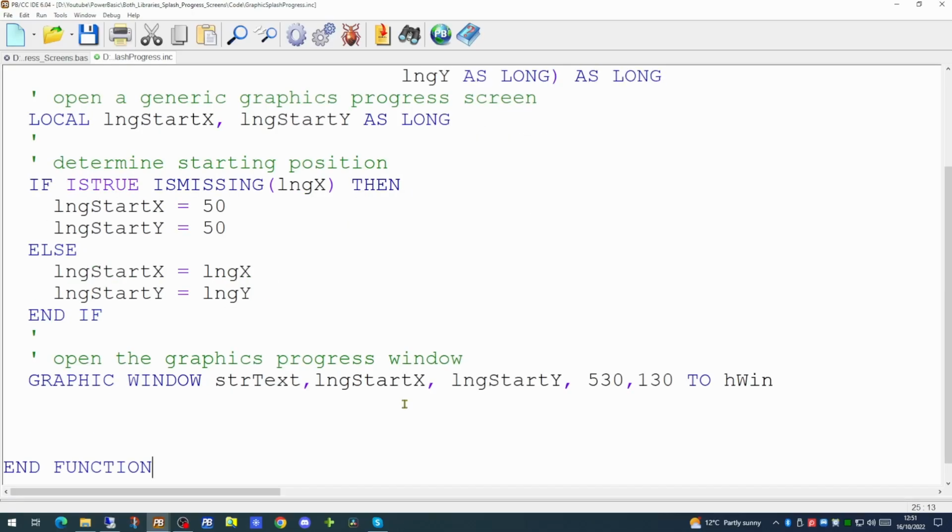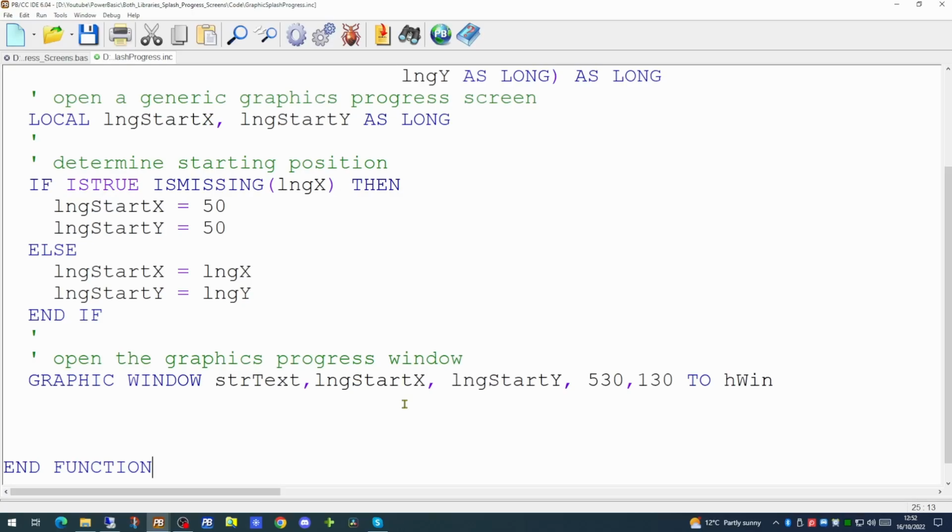We can do this quite easily using the words GRAPHIC WINDOW, followed by the X and the Y coordinates, start X and start Y, which will tell PowerBasic where to start drawing this particular window. The next two coordinates are the ending coordinates of the window, the bottom right hand corner, followed by two hWin. hWin, of course, is the DWORD variable which will contain the handle of our window.